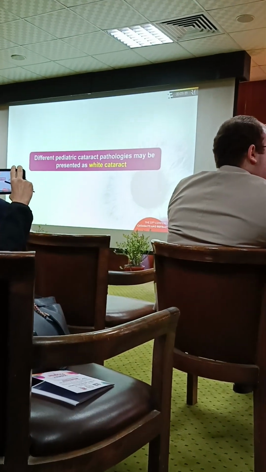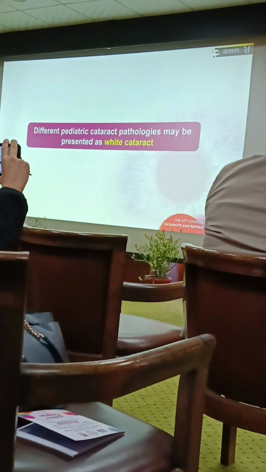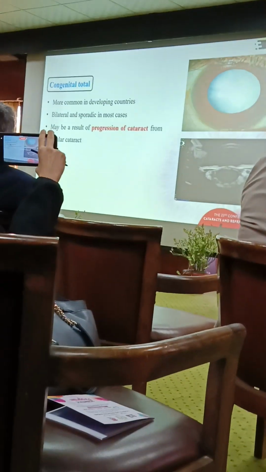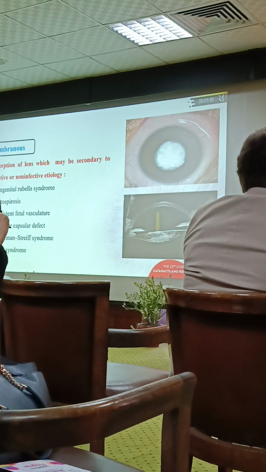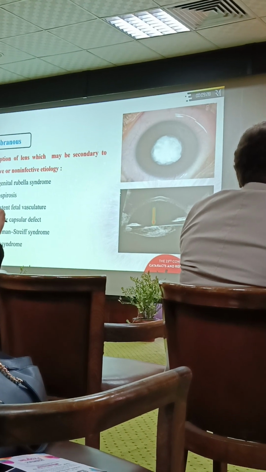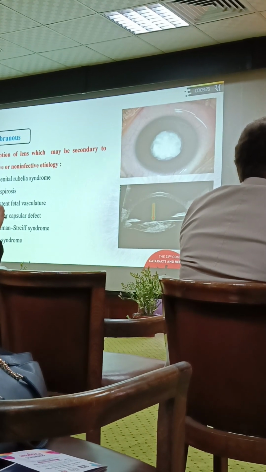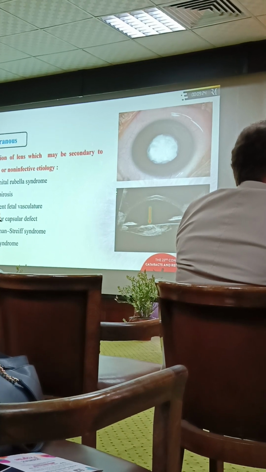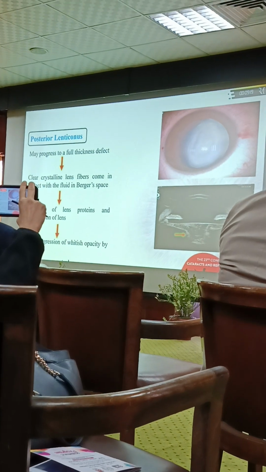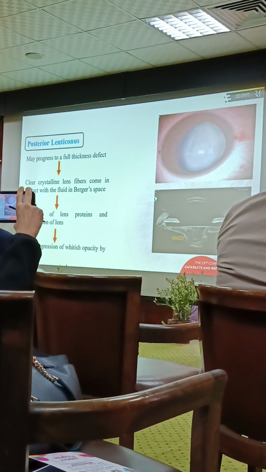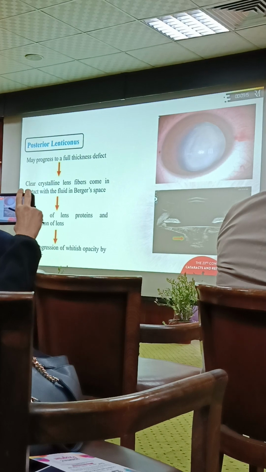and surprises. بنشوف الوايت كاتاراكت في الأطفال in different pathologies. بنشوفه أحيانا كcongenital total وده ممكن يكون as a progression of zonular cataract. بنشوفه كممبرنس لما يحصل absorption لللينس وده بيحصل في بعض حالات الانفكتيف or non-infective etiology. بنشوفه في البوستيريور لينتيكونس لو progressed into full thickness defect وحصل hydration of the lens فبيجي لنا الطفل بوايت كاتاراكت